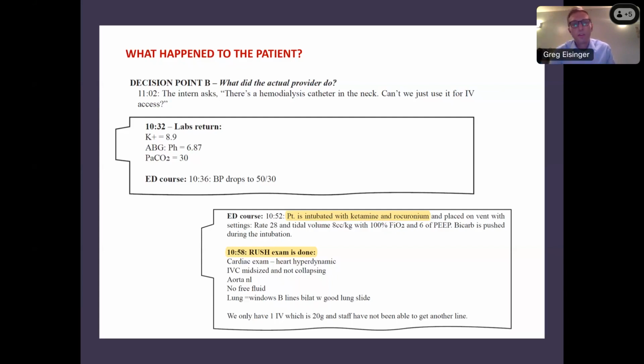But the BiPAP is really useful to help optimize her respiratory compensation for the presumed acidosis. It's also going to give me some information about her minute ventilation that may be helpful in the process of intubating and setting the vent. It's also going to help with the pre-oxygenation. So those are just a couple of the things that I'd be thinking about doing before pushing induction meds that are very likely going to kill this person.